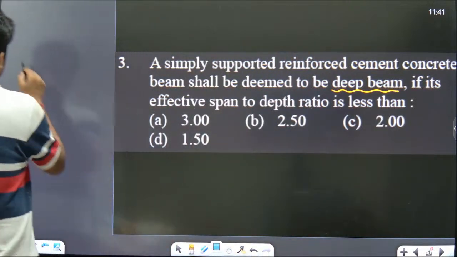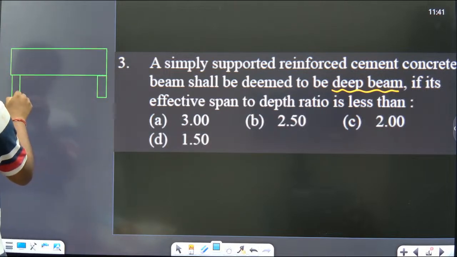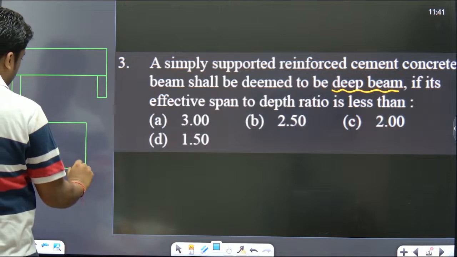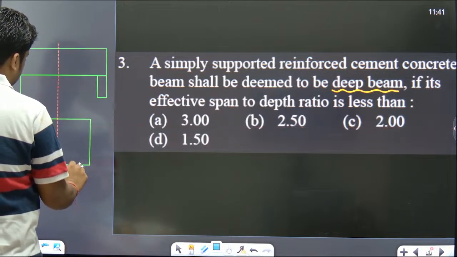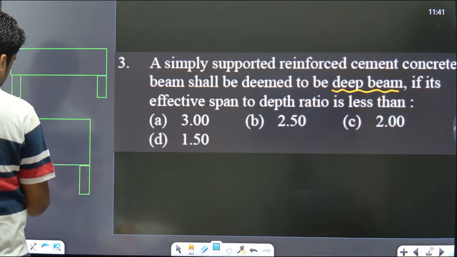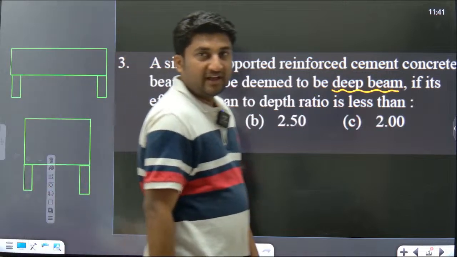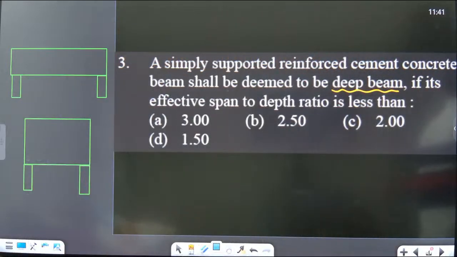Now I'll show you. This is one of the beams, and this is one of the beams. You can see the difference of diagram in both the diagrams. This is a deep beam. Okay, so deep beam, a simply supported reinforced cement concrete beam shall be said